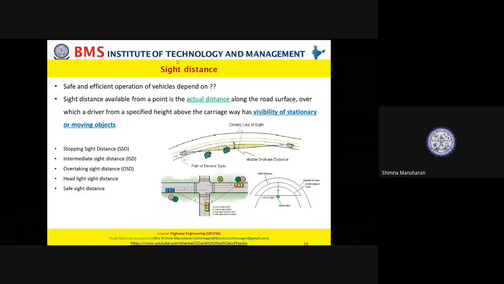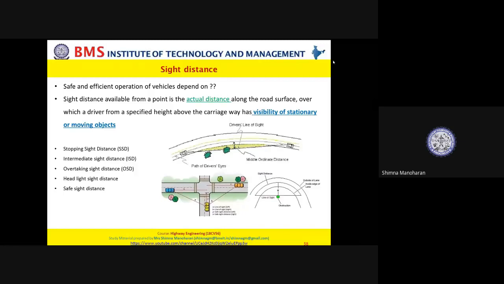Considering the physical attributes of the vehicle and of the driver, the height of the driver varies from the carriageway. So how much distance is actually available along the road surface for the driver to have visibility of any stationary or